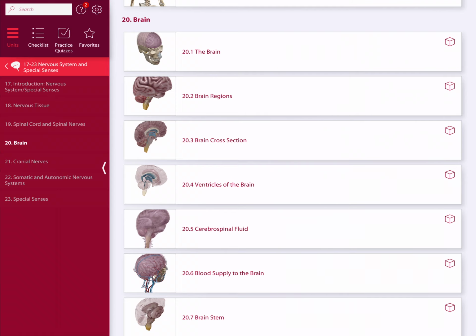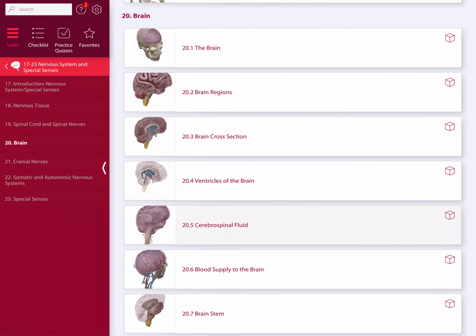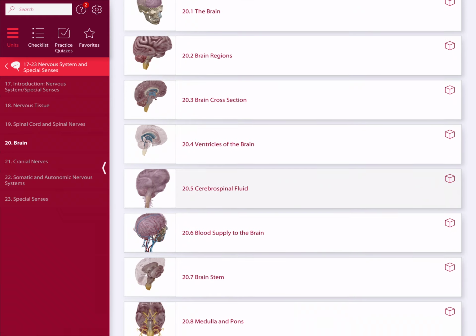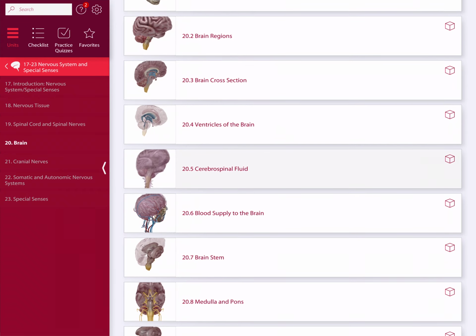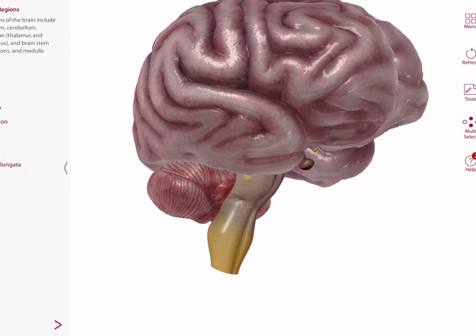This week we get to talk about the brain and the cranial nerves. Both very exciting. The brain is quite complex. We're just briefly going to scratch the surface this week, as well as the cranial nerves. The cranial nerves we'll be looking to learn the name, number, and function. The brain, we're going to look to learn the different regions of the brain, as well as the blood supply